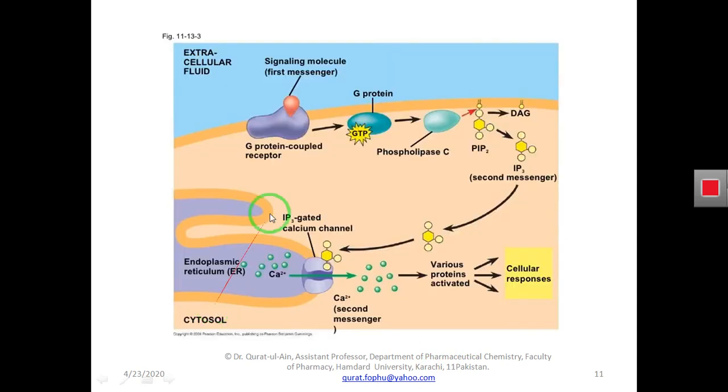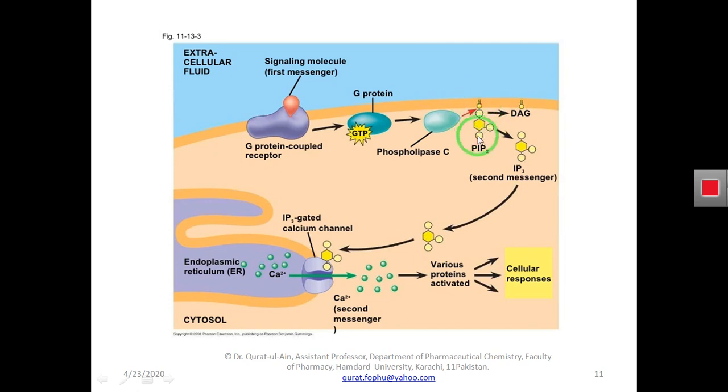Here we can see that when the ligand binds with the G protein coupled receptor, it activates a G protein. When the G protein is activated, it activates phospholipase C. What does this phospholipase C do? It acts on PIP and breaks this PIP into PIP2 and diacylglycerol. Diacylglycerol remains bound to the plasma membrane,